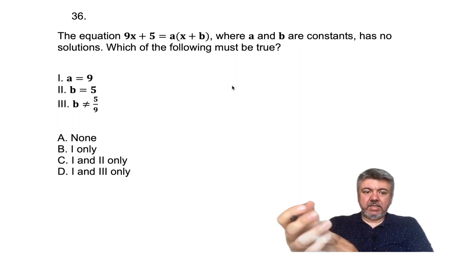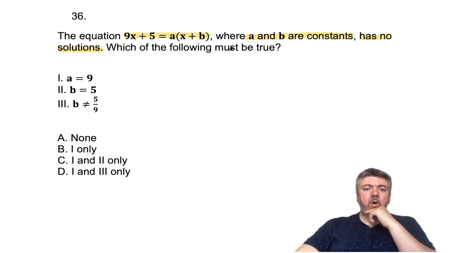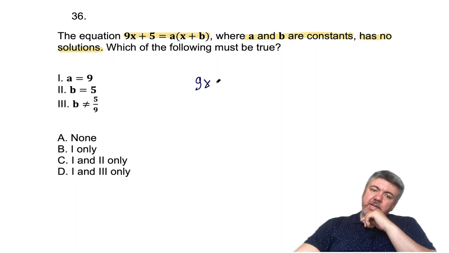Question 36. 9x plus 5 equals a times x plus b, where a and b are constants, has no solution. Similar question to the previous one. What must be true? Let's expand it. 9x plus 5 equals